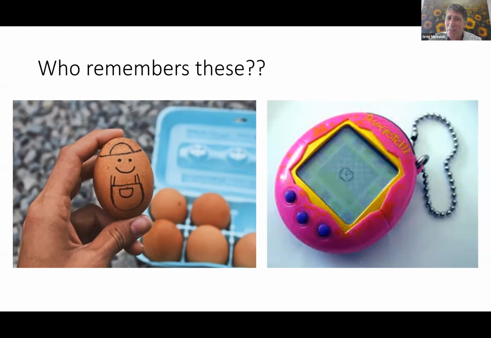Don't know if you ever had one of those or had kids that played with those. But the point is that, what I found is that anytime students were given something to look after, if it was living, I was always pleasantly surprised by how they would step up, and it would bring out their nurturing side. And I taught mostly in a school with boys, and I remember I'd have big testosterone-laden grade 10